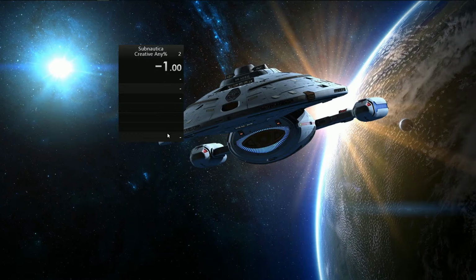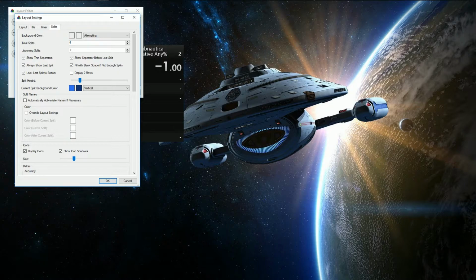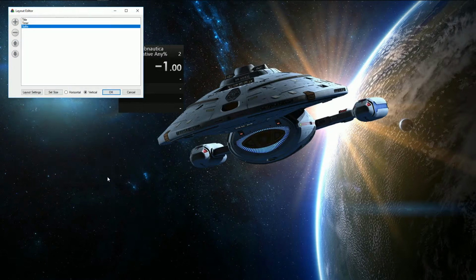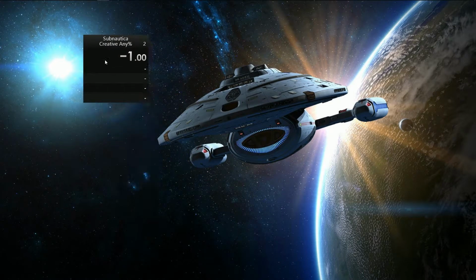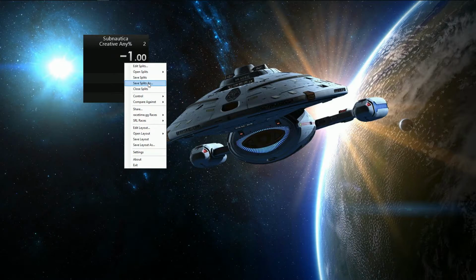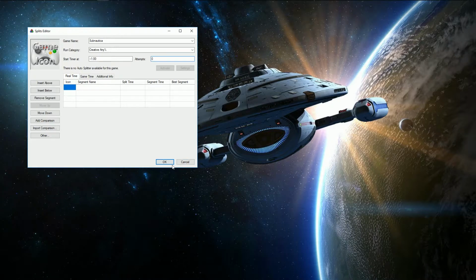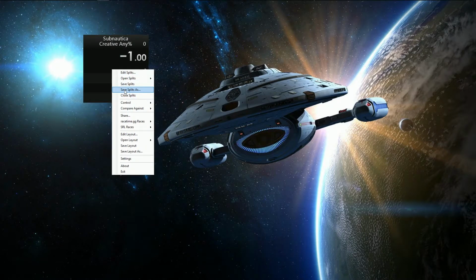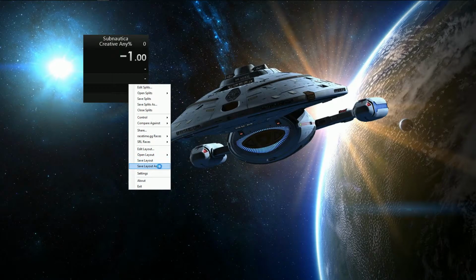Now I only have 4 splits, and then I want to change the layout accordingly. So splits, 4 splits, and that's that. And now if I wanted to play Any Percent again, I don't have to change all of that again, but instead I can just, and of course I want to reset my attempts to 0 if I haven't played any. Now I can go save splits as, rename them to Subnautica, Creative Any Percent, and my layout, save layout as,